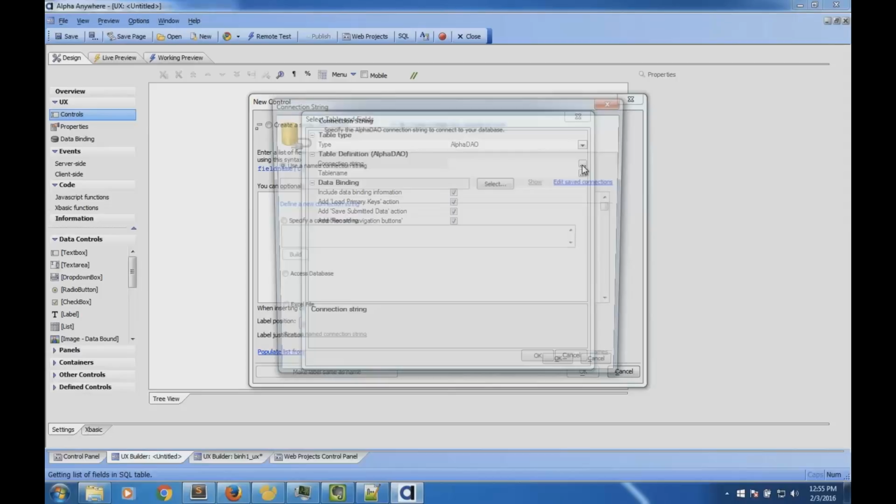Once I've selected that connection string, I'm ready to say, okay, great, what is my table name? Is it still catching up? The name, CONN, is what it says. There you go. So now I'm going to click table name, and what it's going to do is open up